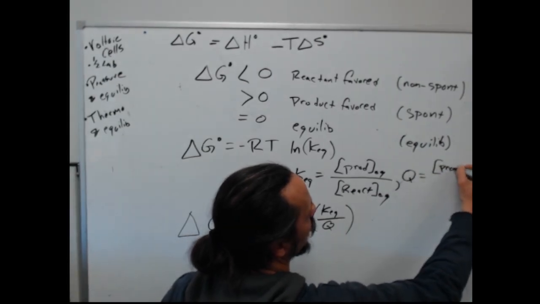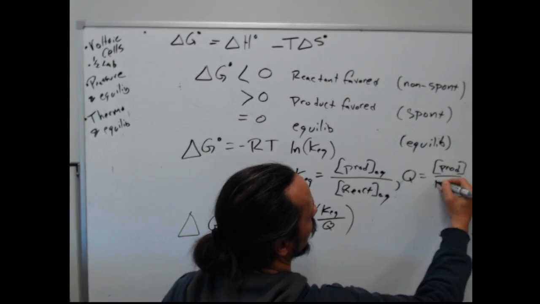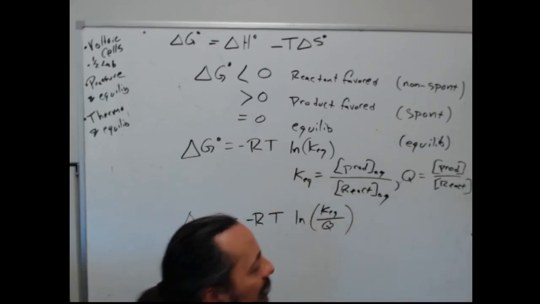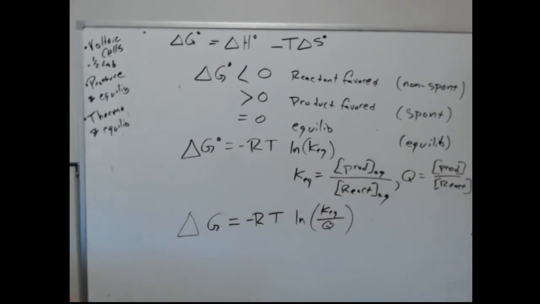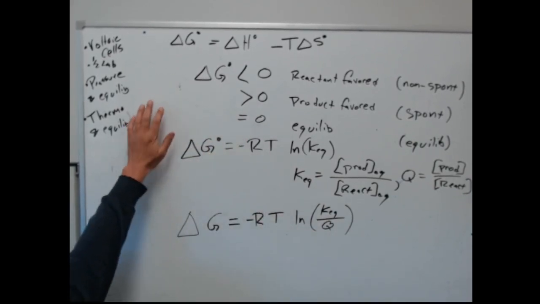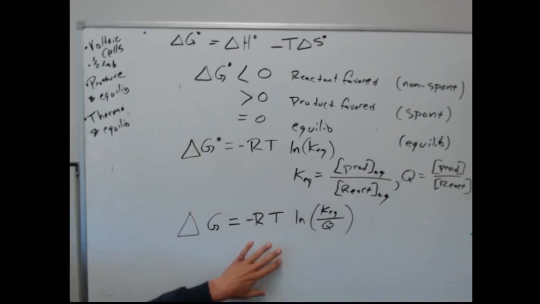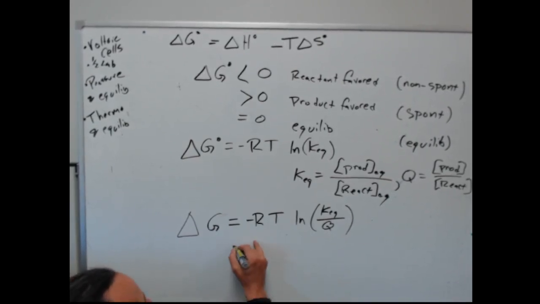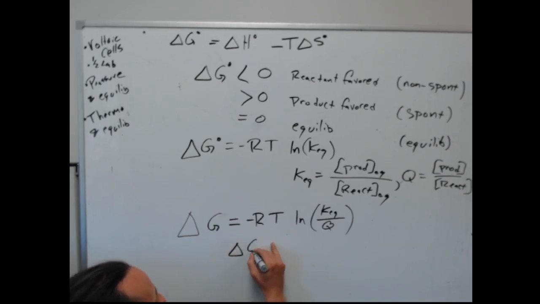It's products to reactants at kind of any value. And so what delta G tells us is not just where we end up. That's what the standard value tells us, is where we end up. But delta G tells us how we get there. So delta G gives us slightly different information,